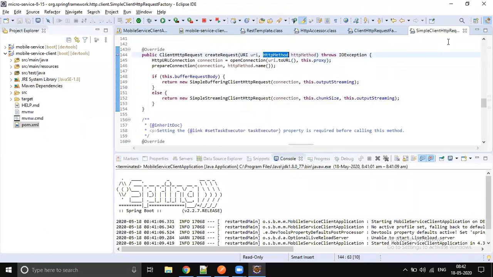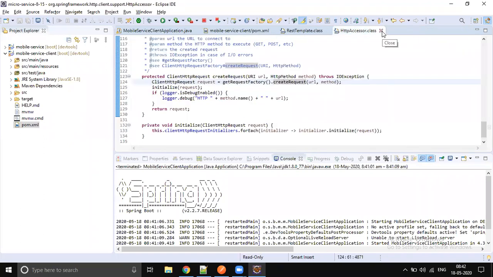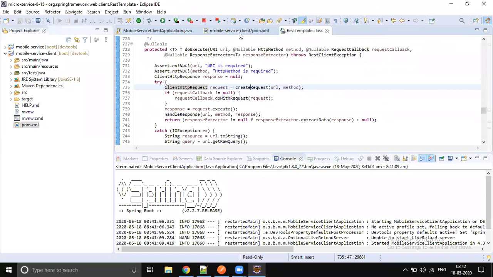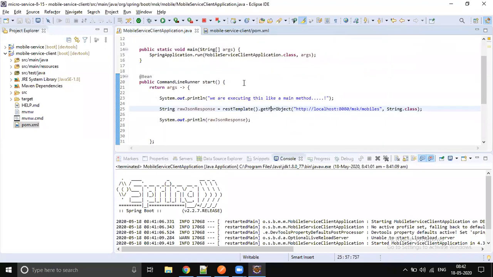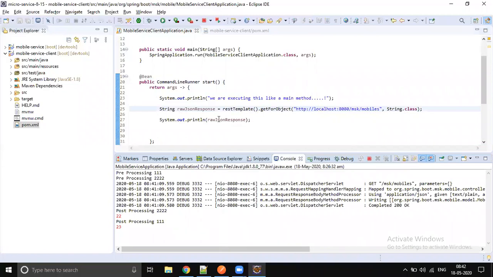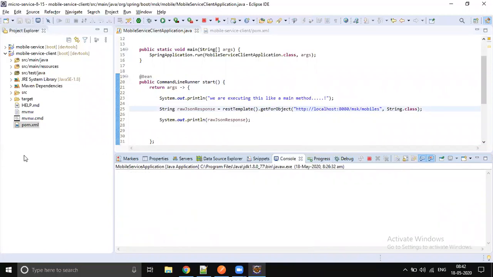So there is a huge HTTP client API supporting RestTemplate in the background. From our point of view, we are just simply calling a method, but it is not a simple method. Whatever the browser is doing, whatever Postman is doing, the same thing RestTemplate also does. So this is for one object, but this is not the proper way, right? The first problem is the URL is hard coded, and the second problem is we are getting a string object instead of the actual object. So let's get the objects into the real entity model.